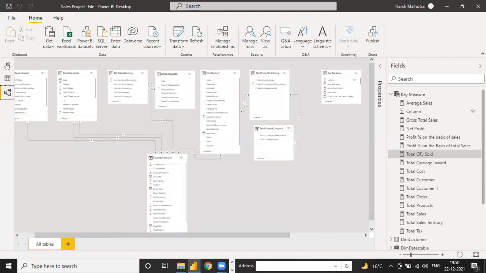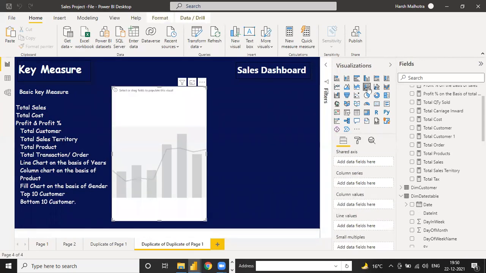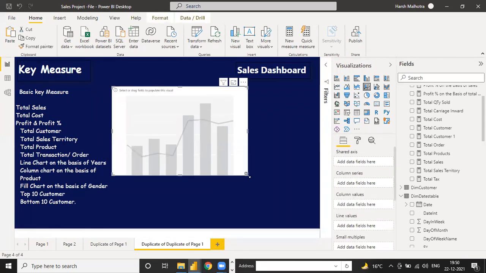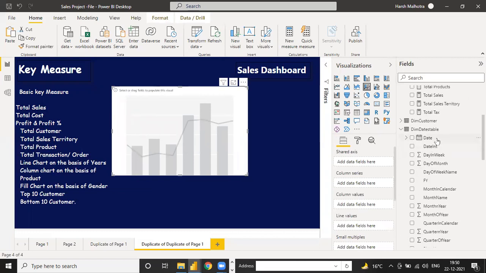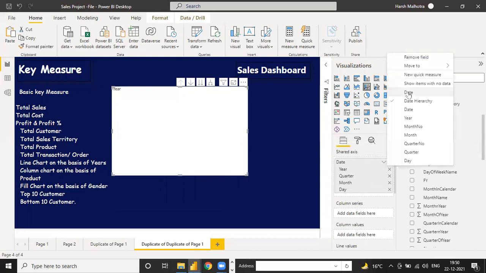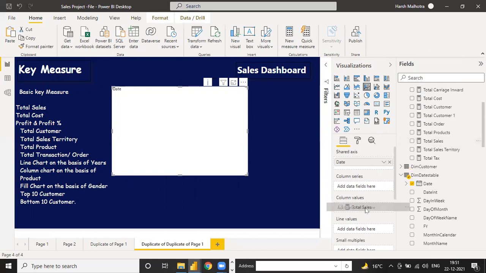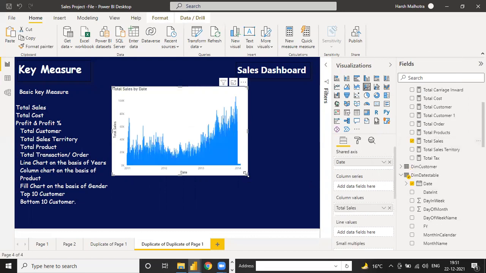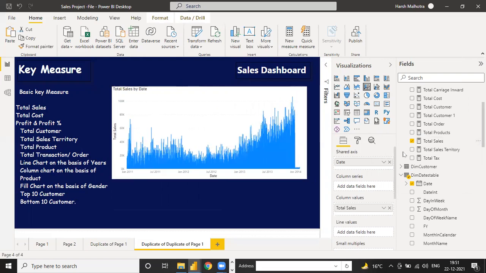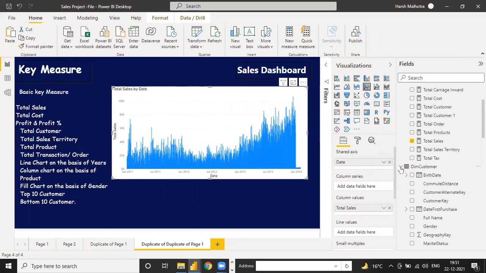And now you can check. If you check now, maybe now it's working. Where is date? Now see, now it is working, and instead of date, go to this date table.